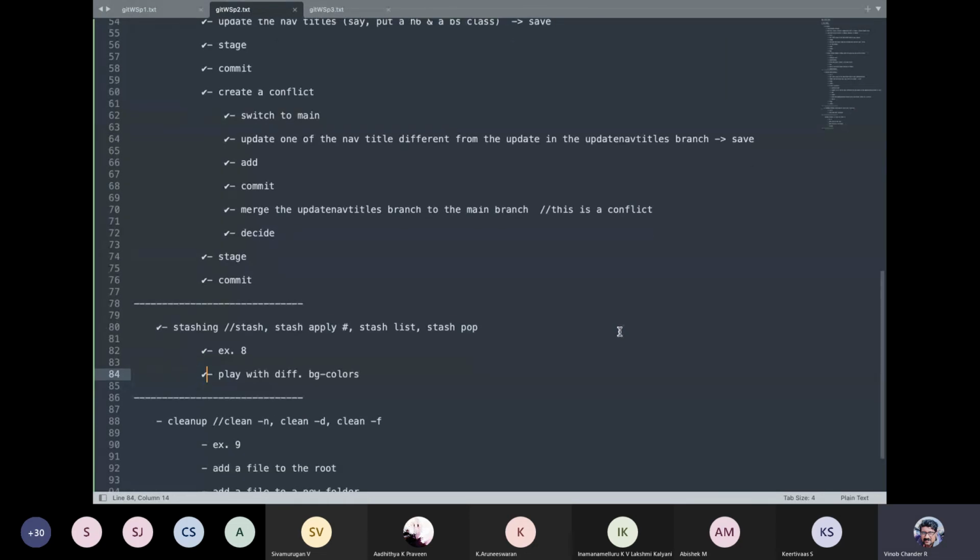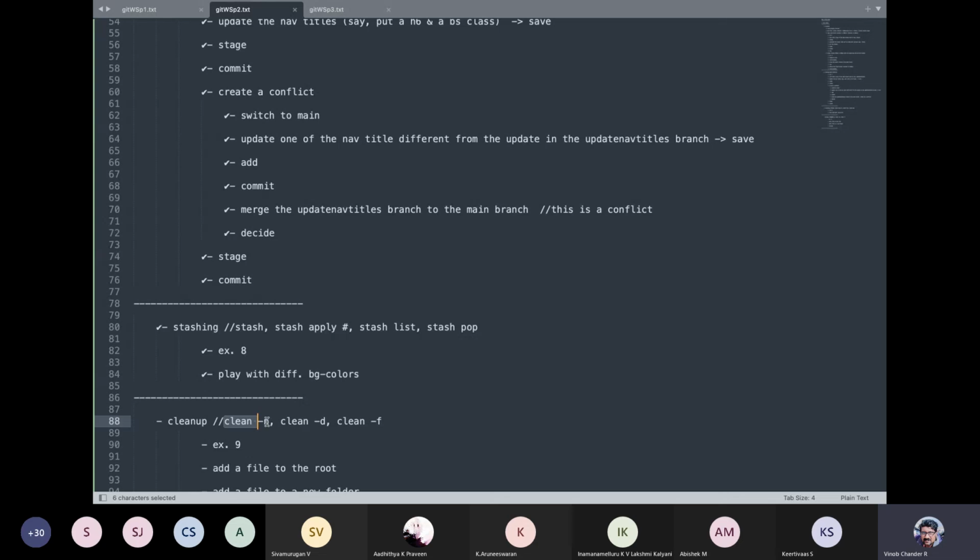And then let us talk something about cleanup. Right, so cleanup is, again, you can do it manually, but you have a very cool utility which is called clean that can be used to actually clean up or delete your untracked files, right? So you can issue a command called git clean, right, and then clean up your untracked files, or folders also, right?